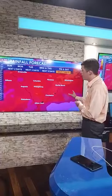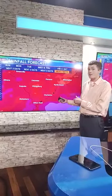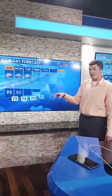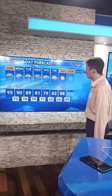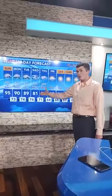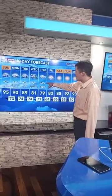And as is the case with many landfalling tropical systems, a brief tornado or two can't be ruled out across the Palmetto State as Idalia curves through the southeast and eventually back into the Atlantic Ocean. So this afternoon and evening, that's the start of our unsettled weather pattern. We keep that in play Monday as well as Tuesday. And then once we get into Wednesday, especially the latter parts of Wednesday evening and night, and into Thursday, this